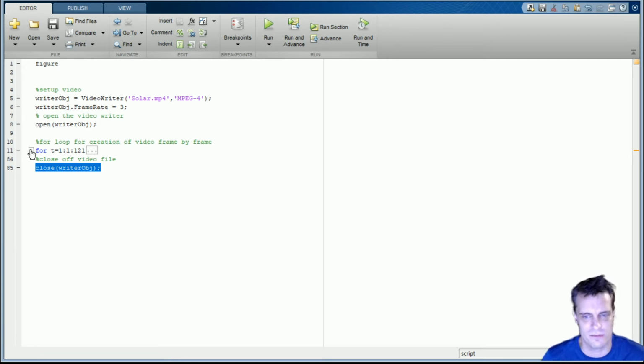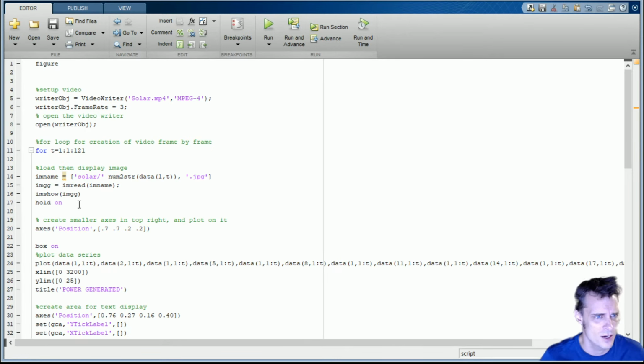But all right, let's get inside the for loop and have a look at what those bits are that you need inside there. So the first bit is, I've displayed an image. Now, you don't want to individually select the images as you go through over the time of this thing, otherwise it's an extremely painful process. So what I recommend you do is set up some sort of naming system for your files such that you can iterate through them. So as your series goes through, it then picks up the new name of each of the